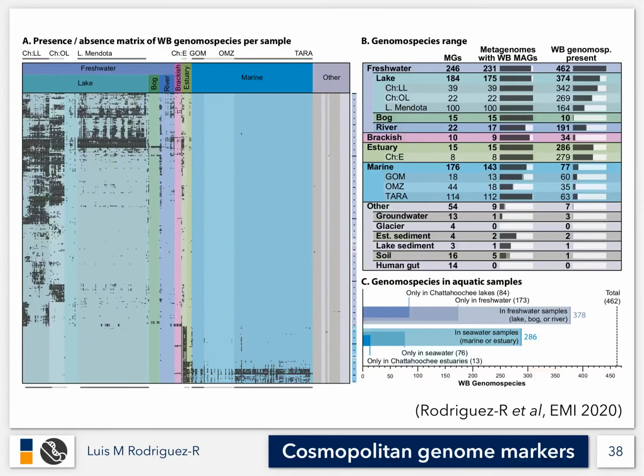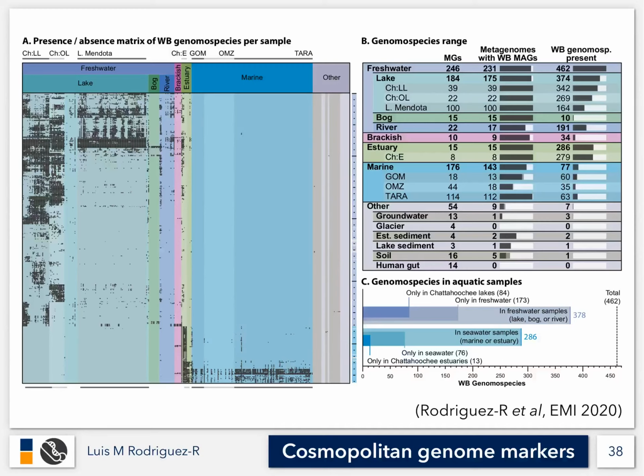And we took this collection and we said, okay, now we know where they are in the region. Let's now check out where they are around the world. So we went to check, of course, the location. Here, each row is a genome or a different species, and each column in this matrix represents a different location. So here in the corner, we have the 100 samples from our lakes, and estuaries are here.